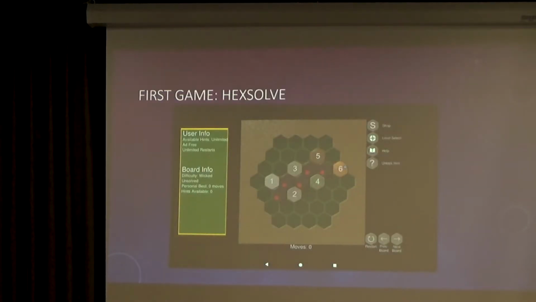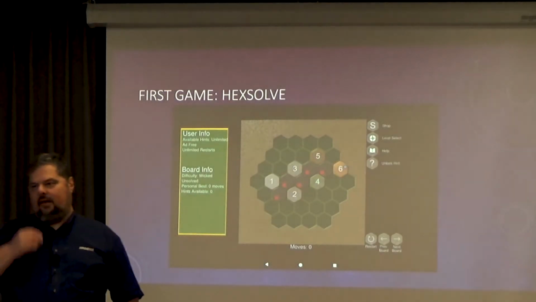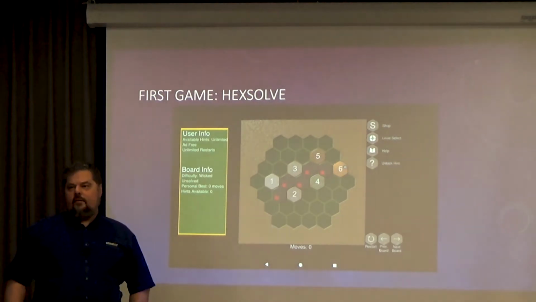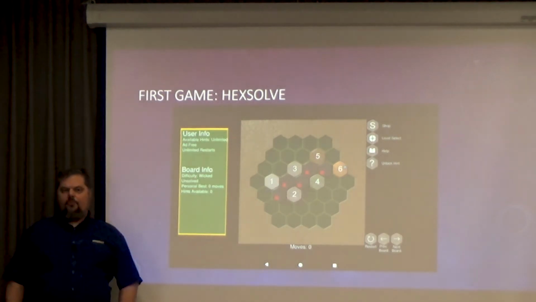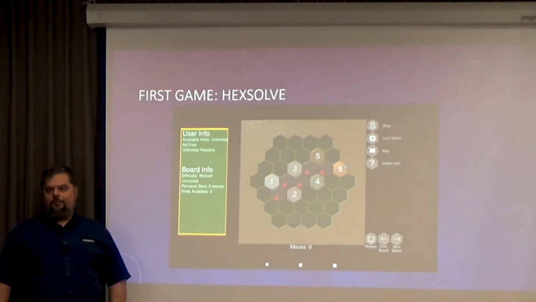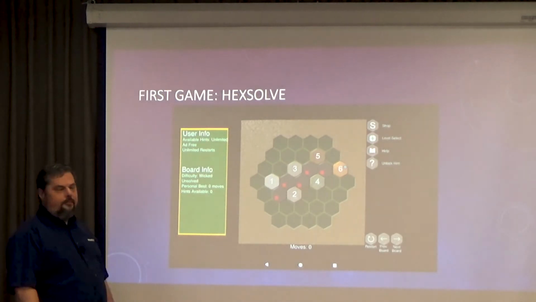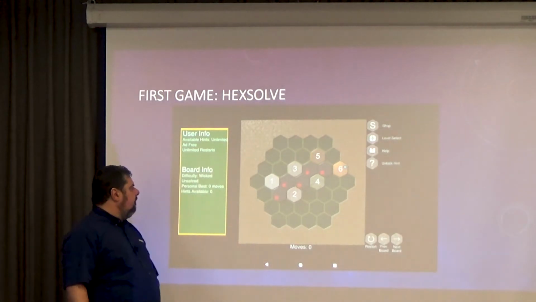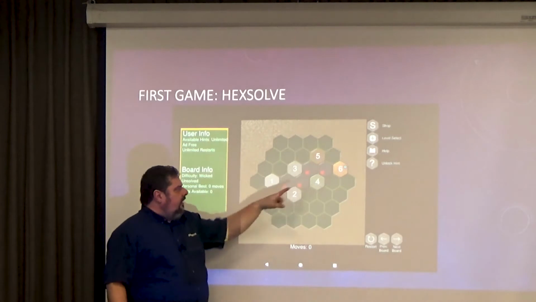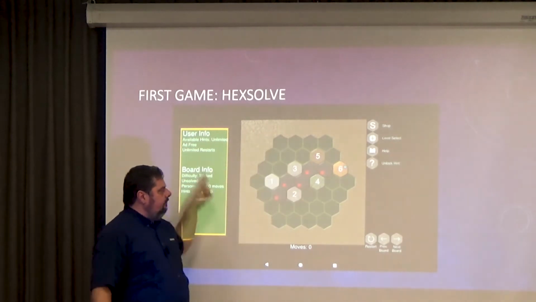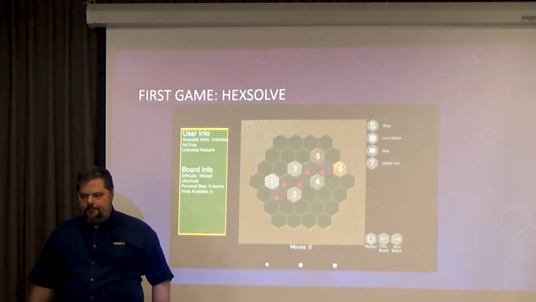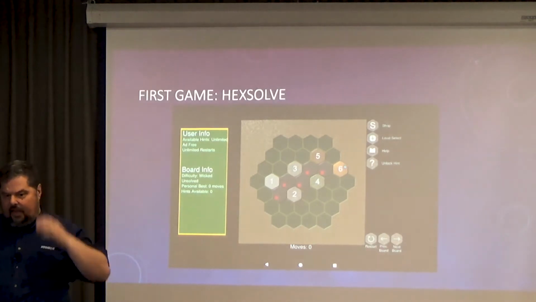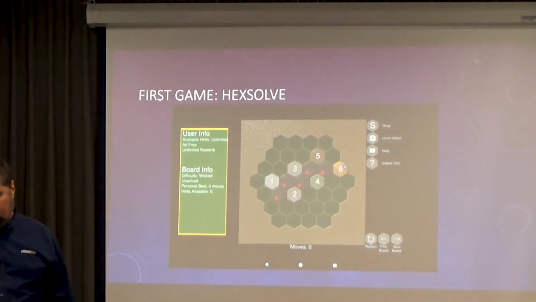This is the very first game that I developed and released. This is actually available in the App Store and in the Play Store. You can download it and you can run it. It's called HEXSOLVE. It involves tiles and this board. And it's the same mechanics of the game for the most part.